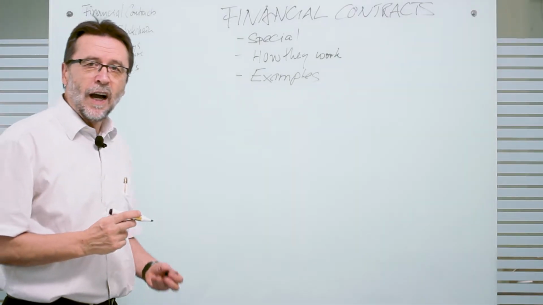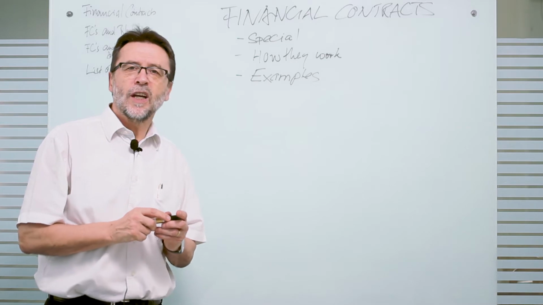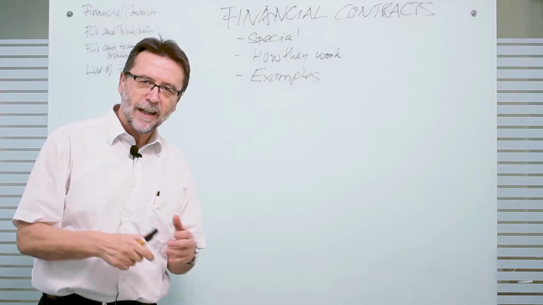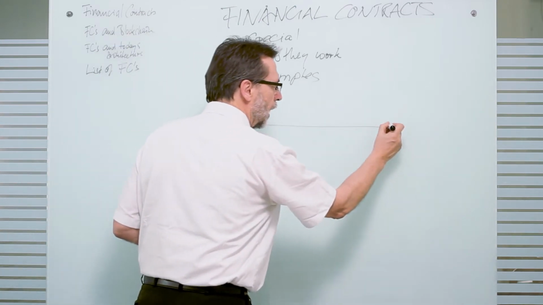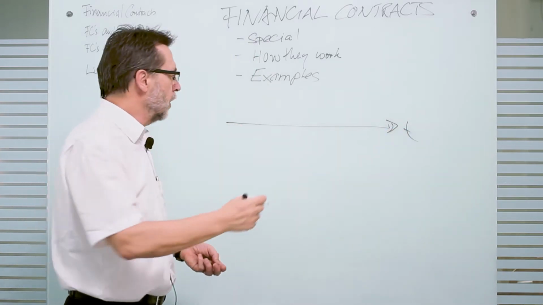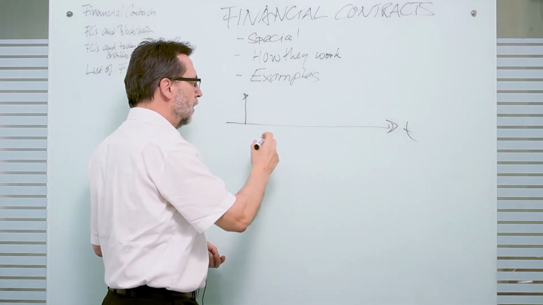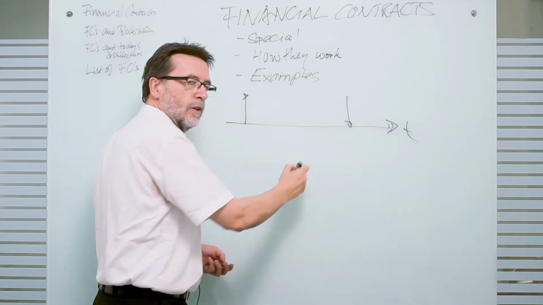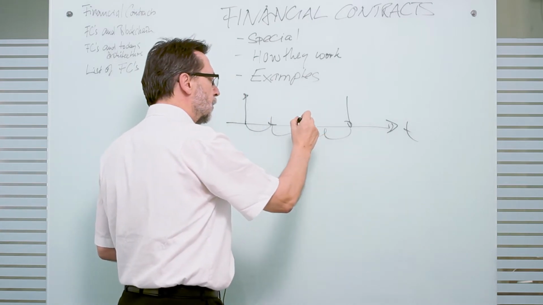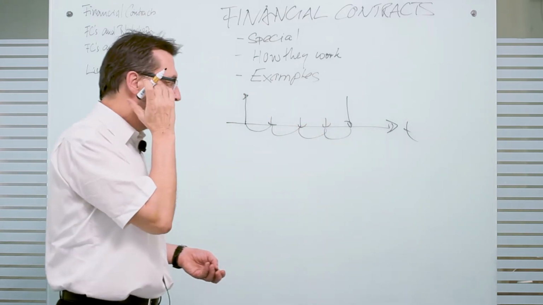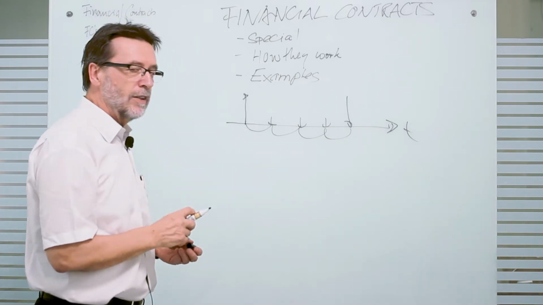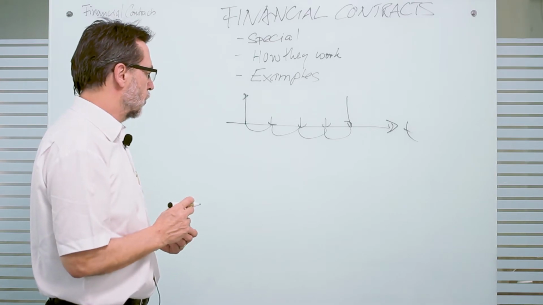Financial contracts are exchange of cash against cash. So I give you some money, you have to give me some money back. That's what it is. So there is always a timeline involved, T, and let's say I give you a loan, so I give you money here. Here you promise to return the money, maybe in between you pay some interest, some fees or whatever it is. This is a simple contract, it can be more complex, but that's the basic nature of a financial contract.